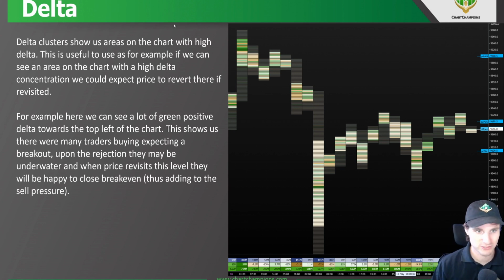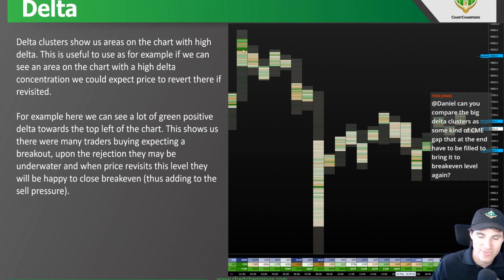Nevertheless, what we can simply see on these Delta clusters is there were a lot of buys here. So what does that mean? There is a lot of buying at this price, and then price decreases. So when price revisits this level, let's say there was 100 million positive Delta here. That's a lot of positive Delta, isn't it? In fact, there was 57 million in this candle, but we'd have to zoom into this exact price. But for the sake of the example, let's say the overall Delta is something like 700 million, and there was 100 million here. That's a lot of positive Delta. As we revisit that price, the 100 million contracts that were bought here are underwater positions, and as price revisits, you're likely to see a reaction and head back down as these people close out